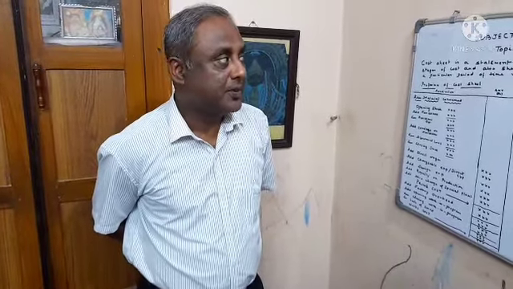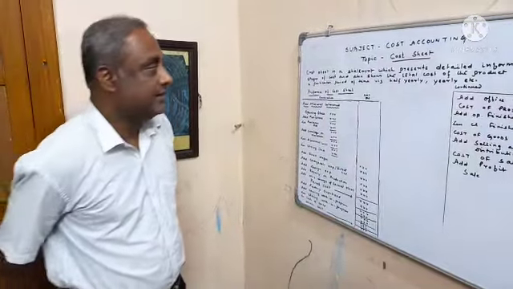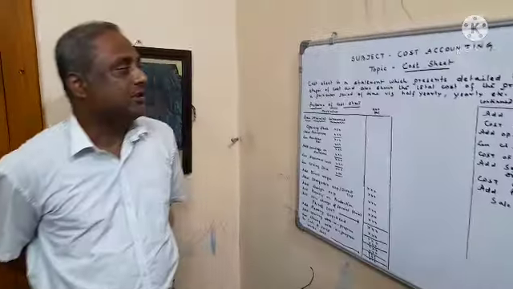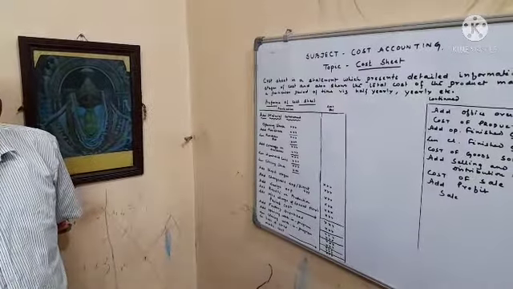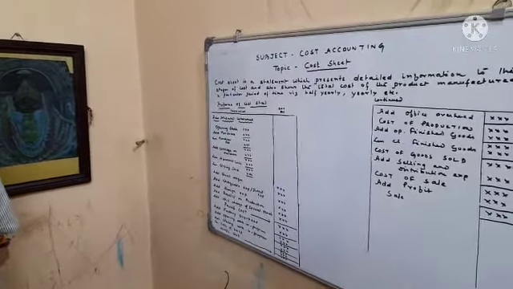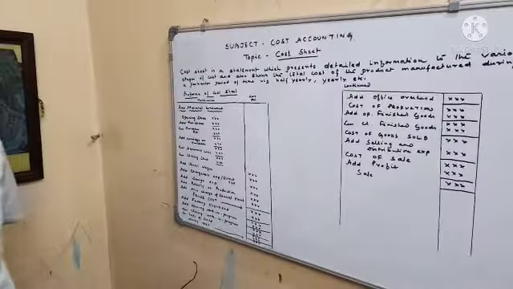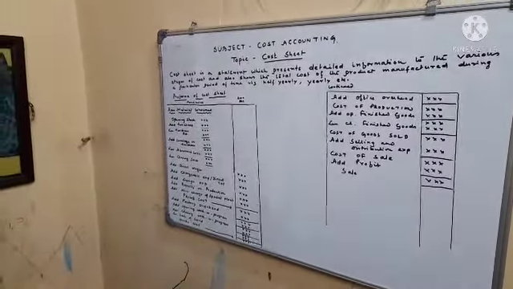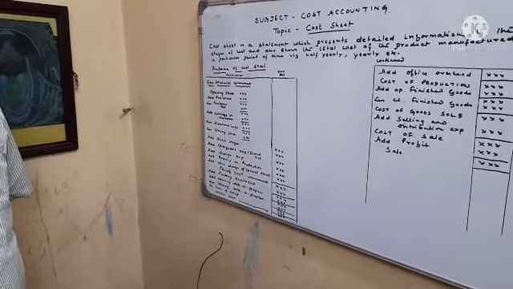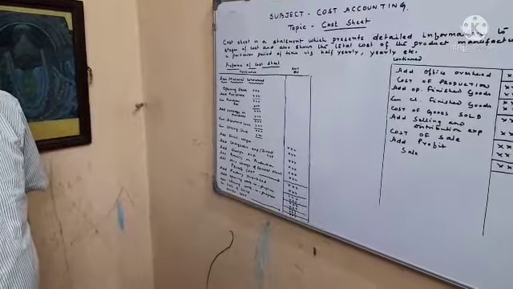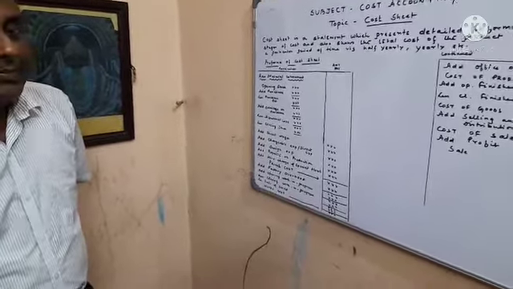Today's topic is cost sheet, subject cost accounting. What is a cost sheet? A cost sheet is a statement which presents detailed information on the various stages of cost and also shows the total cost of the product manufactured during a particular period of time, that is weekly, half yearly, yearly, etc. What is the pro forma